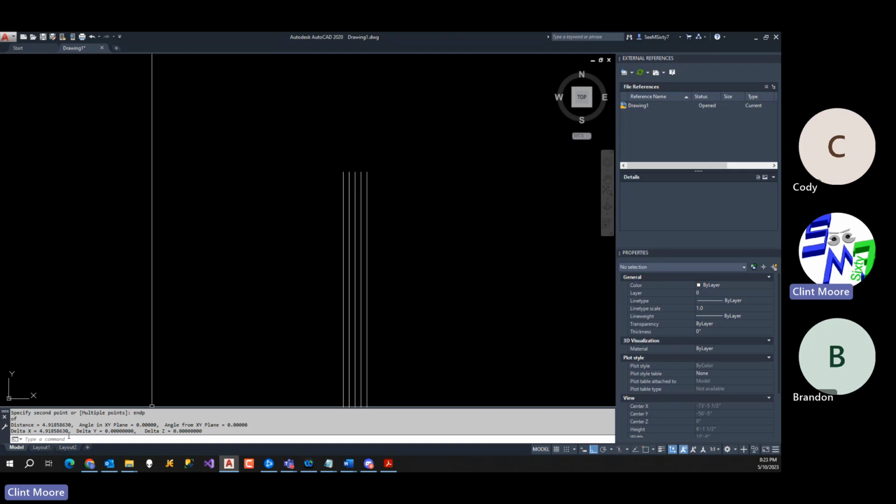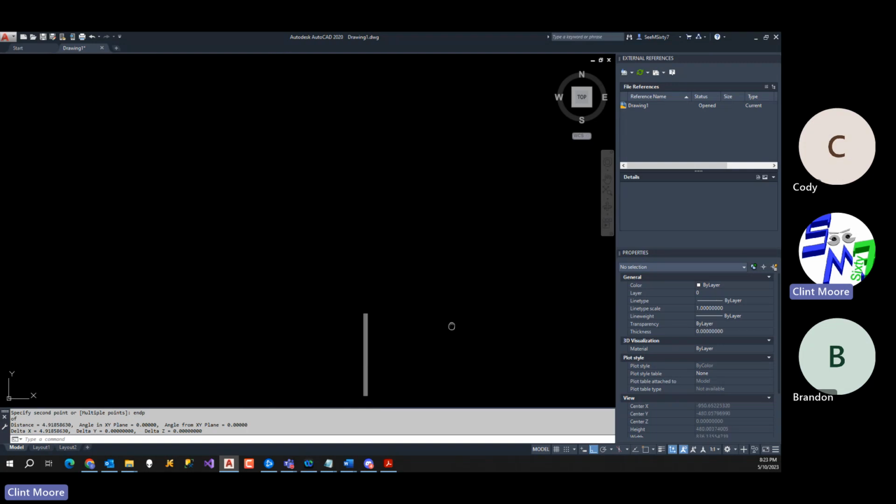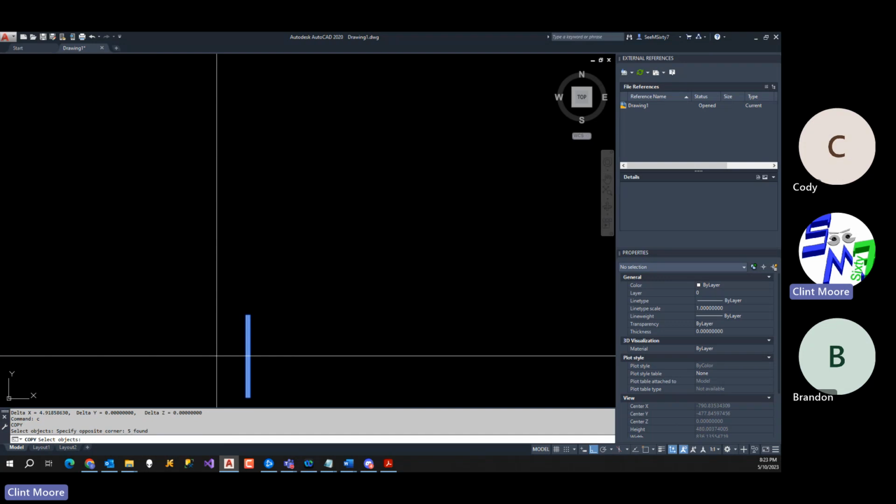4.9185860. That is not 5 inches. Okay. Now that is less than 3/32 of an inch off, but it is not 5 inches. So you have to understand that when you're dealing with accuracy, you want to make sure you appreciate what can happen. Because if I start offsetting this down the way here, say I made copies of this, and I did